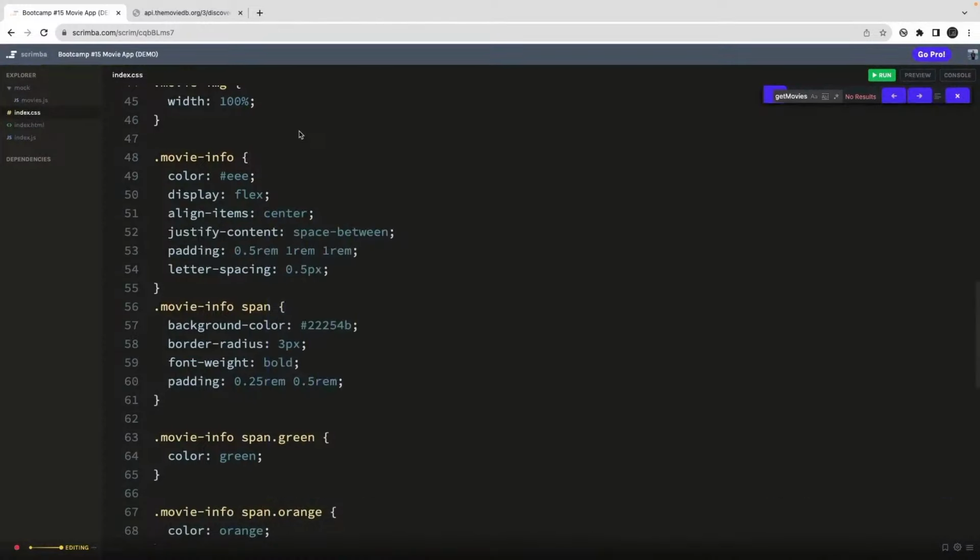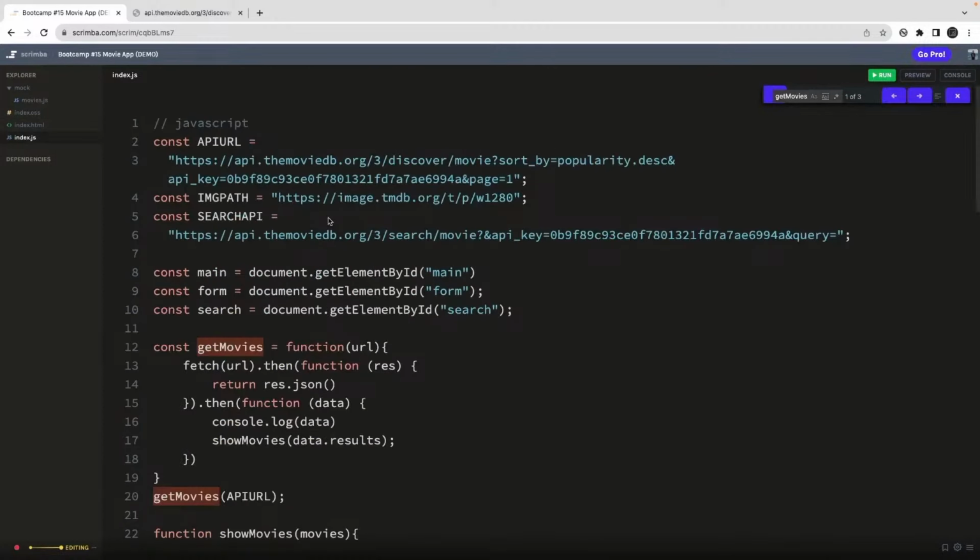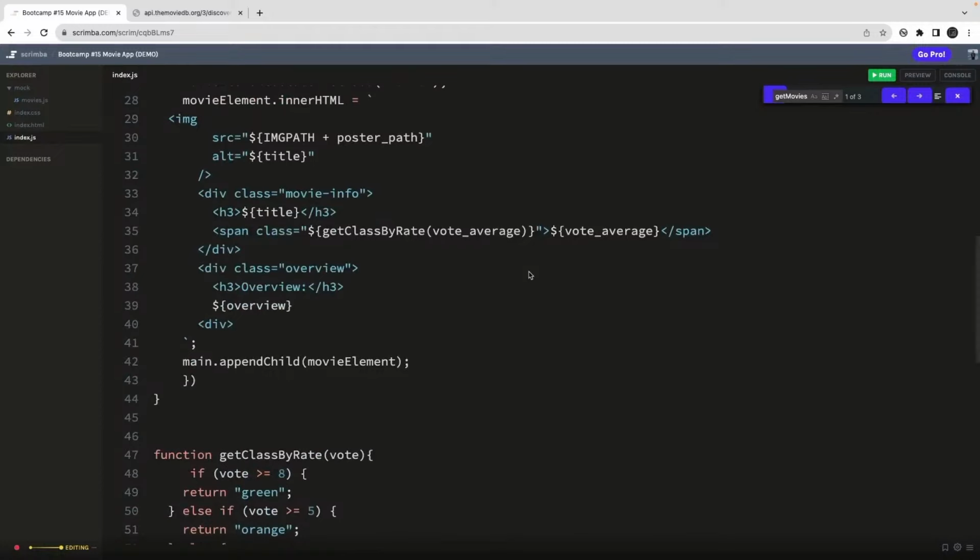So this is a simple movie app which we have built with just simple JavaScript and the APIs. This is the API key. You can create your own API key by using a TMDB account and get the API key and use the same API key here. Okay, so this is a simple movie app, and now in the next video we will build